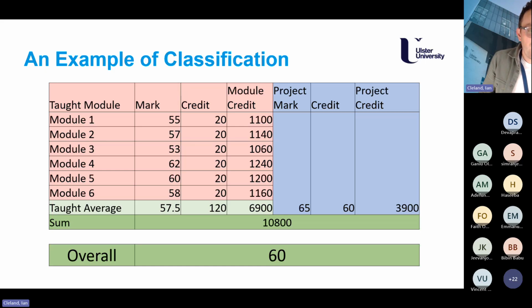Okay. If, for example, they scored really highly here, let's say they were on like a 63 average here, but on this project mark, for some reason they didn't do as well as they'd hoped, and it was like 50 something, obviously that would pull the average down, and because they didn't get a project mark of above 60, they wouldn't get the commendation. So it's really important that you do well on the project if you're aiming for one of the commendations or distinctions.